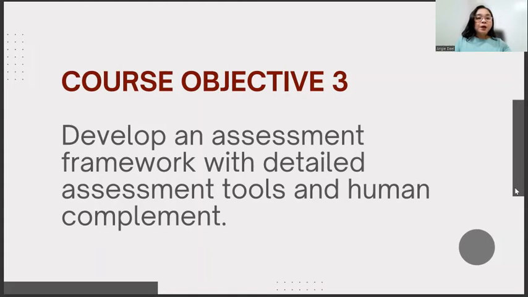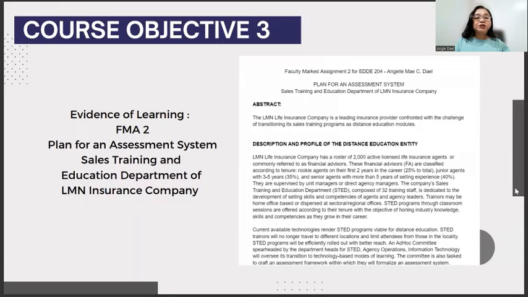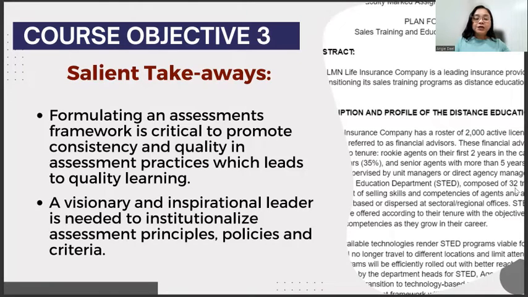For course objective 3, my evidence of learning is FMA2, which is a plan for an assessment system of a sales training department of a life insurance company, which I have experience with. My key takeaways are that formulating an assessment framework is critical to promoting consistency and quality assessment practices, which will lead the organization to quality learning. We need a visionary and inspirational leader to institutionalize assessment principles, policies, and criteria. This should not be the main role of the sales training unit of the organization, but there should be someone higher up who will back up and ensure that what is agreed upon in the assessment framework